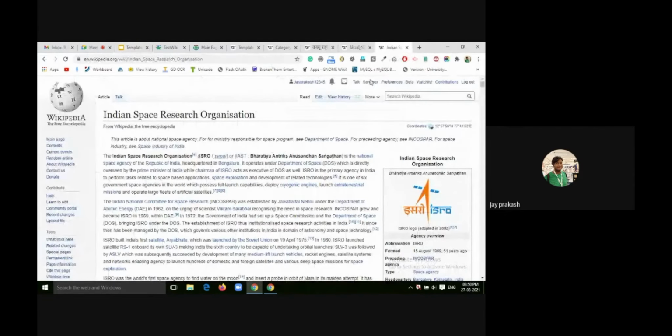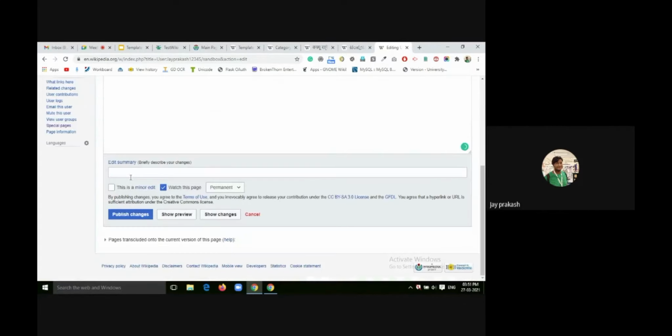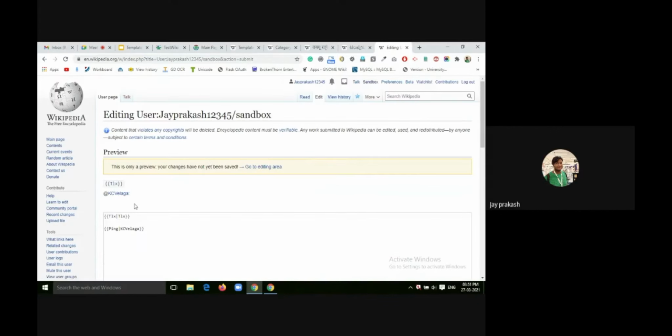If I go to my sandbox and I need to ping someone, then I have to call the ping template with their username. You can see that it converted the username into an at sign and linked that user.